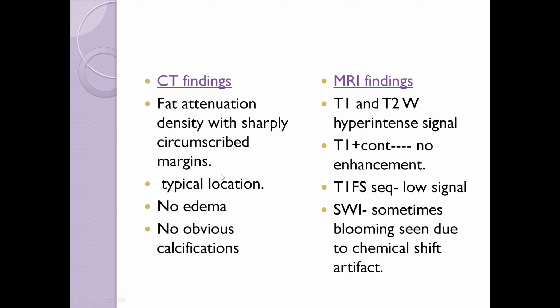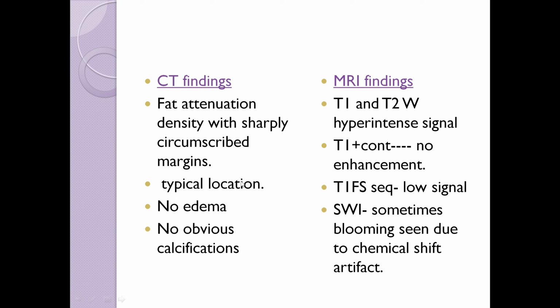CT findings and MRI findings of these lesions should be kept in mind to confirm the diagnosis. So on CT, we will see fat attenuation density with very well circumscribed margins, and it will be having a typical location. And remember, there is no perilesional edema, no calcifications in this lesion most of the time, but sometimes you can